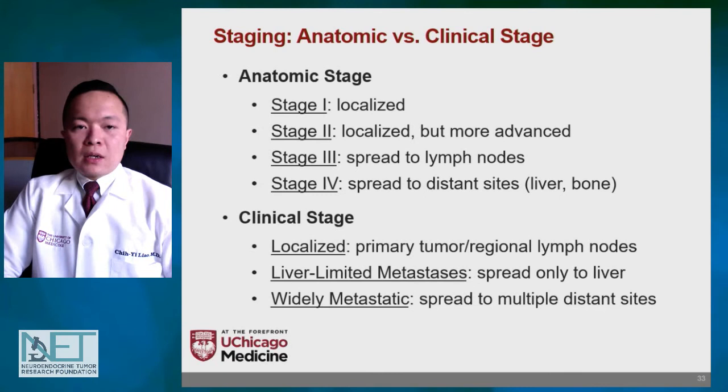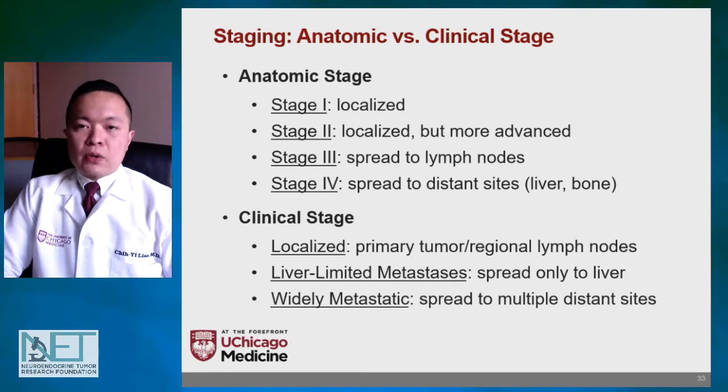And finally, talking a little bit about staging of neuroendocrine tumors. So we can describe neuroendocrine tumors based on their anatomic stage, but also based on their clinical stage. So anatomic staging is fairly complicated. You might have heard of something called TNM staging or AJCC staging. And so the specific criteria vary depending on the origin of the tumor, but the general takeaway is that stage